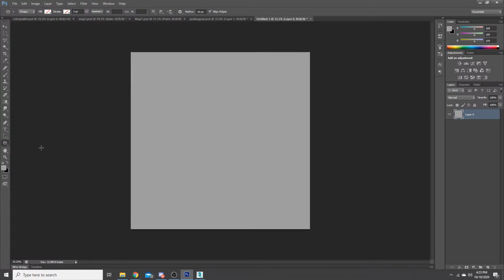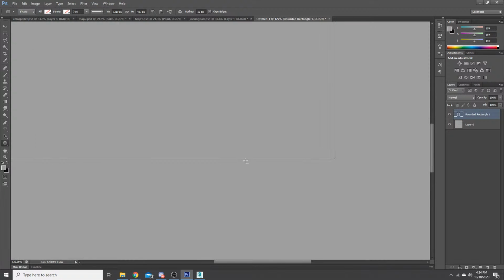Rounded rectangle tool. The reason we're going to use the rounded rectangle tool is because if we take a look at our picture again, the sticker edges are rounded. They've got a bevel to them. So that's what we'll be recreating here. And I don't want this to be square, I want it to be like that. And then we can make our adjustments here.